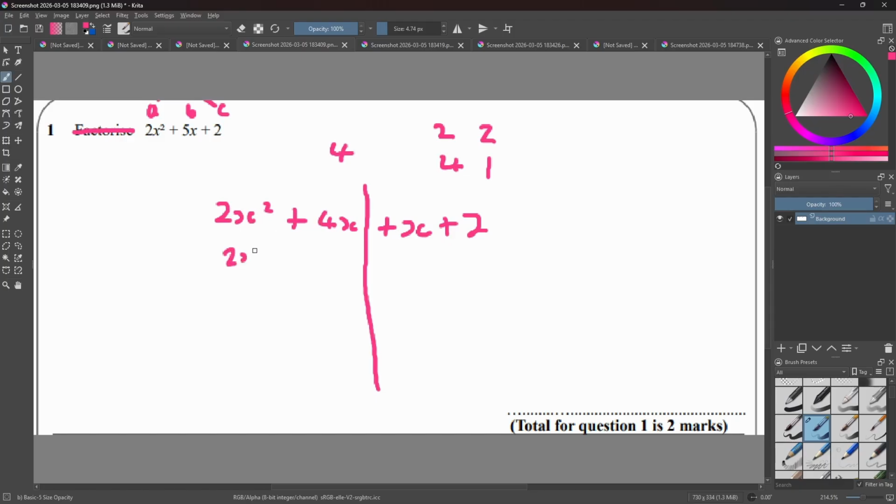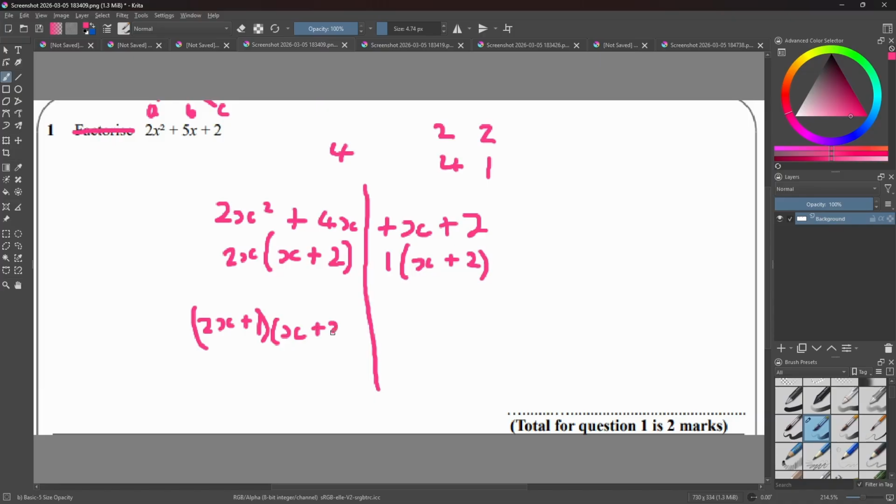So 2x bracket, we have an x to get 2x squared plus, and then a 2 to get 4x. Here we just have 1 x plus 2. So we have 2x plus 1,